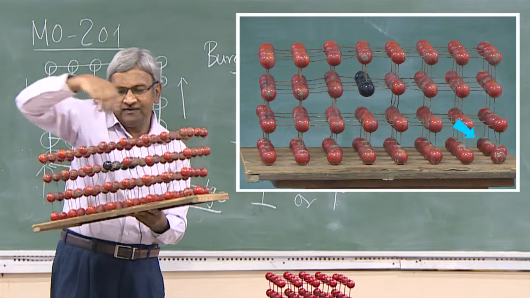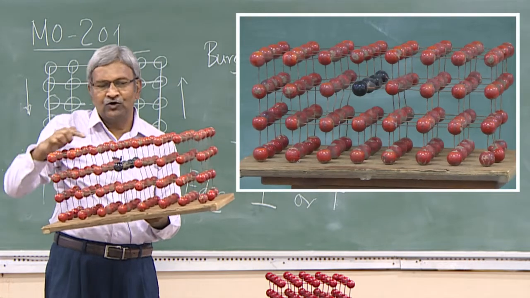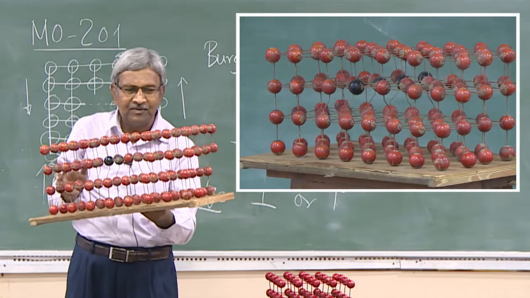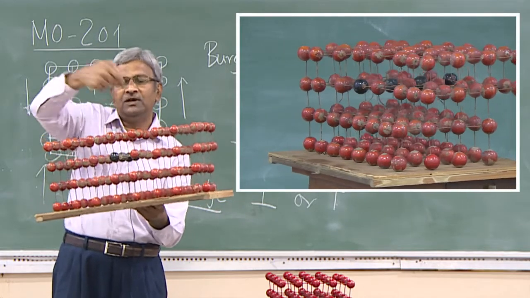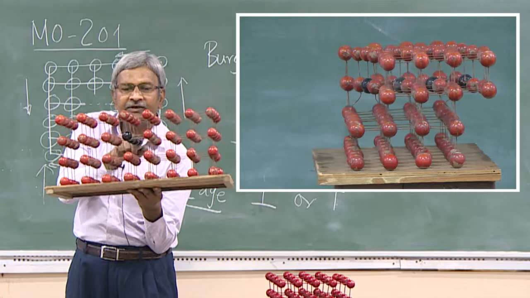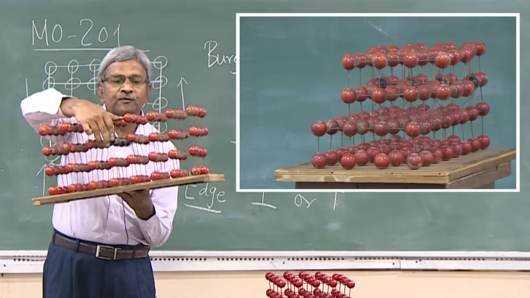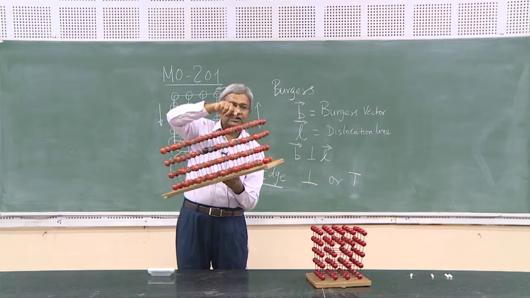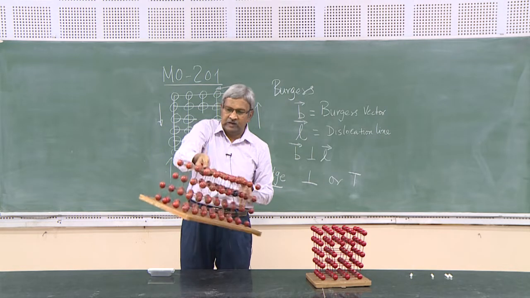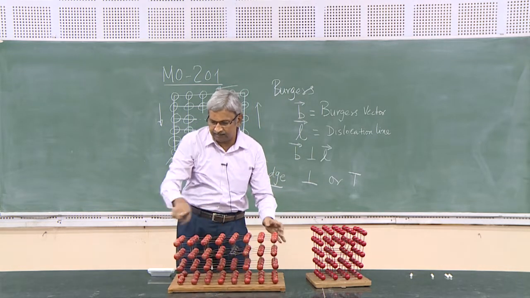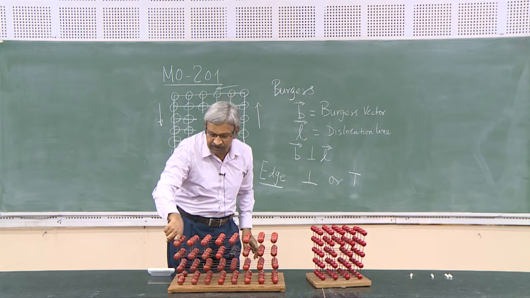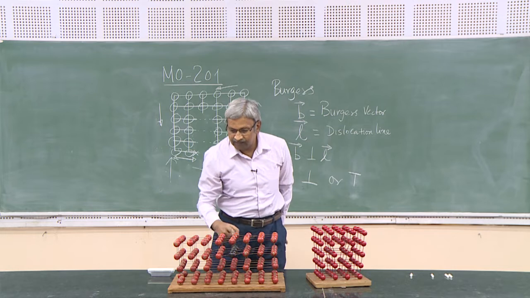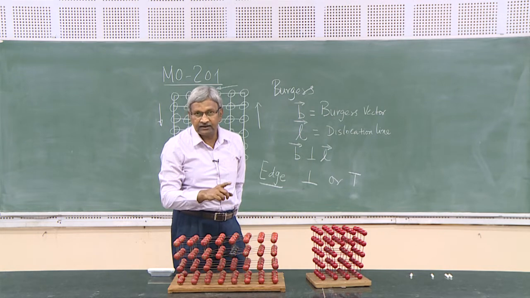Again, you come back here, you go here, again you have missed one step, and you keep moving towards me. So this black line is trying to tell you that you are moving along this direction, right. So the step that gets created is this step. So this becomes the Burgers vector of the dislocation, and this black line is the line of dislocation.